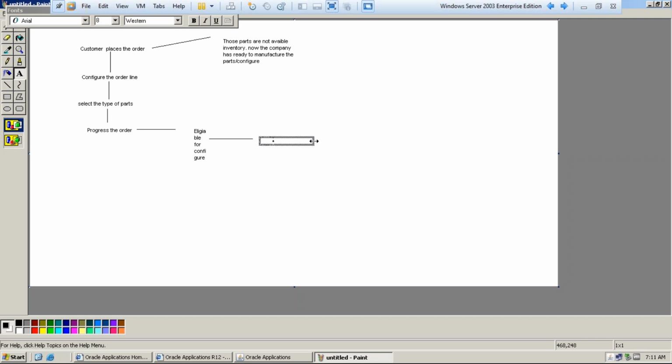Again progress the order for the assembling item. Progress the order line with the assembling item. Once you are assembling the item, and once you progress, after that